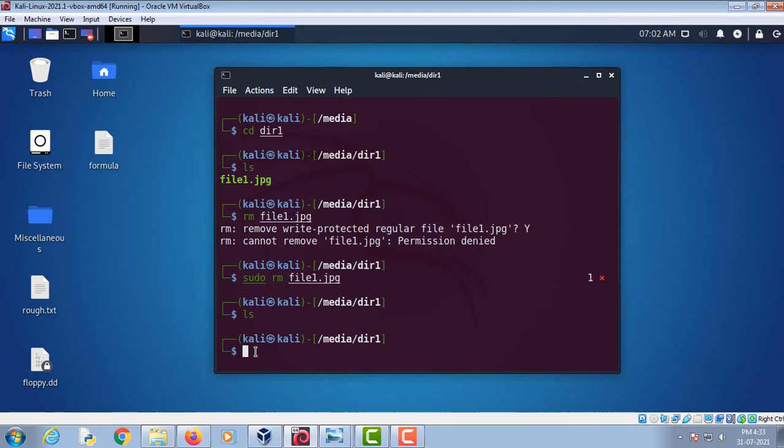Let me first unmount this floppy drive, this floppy image. For this, let's go back to the desktop.